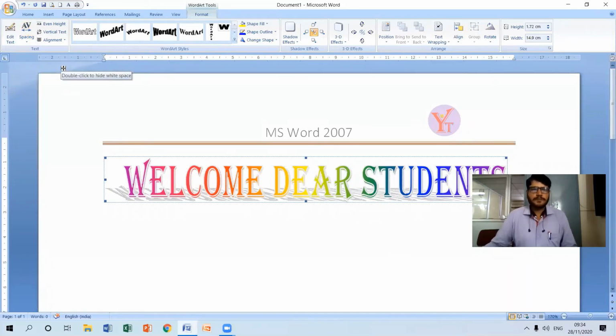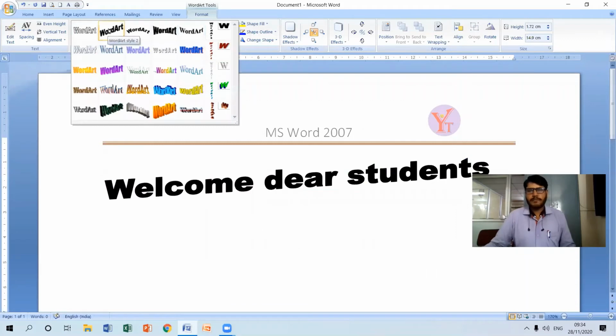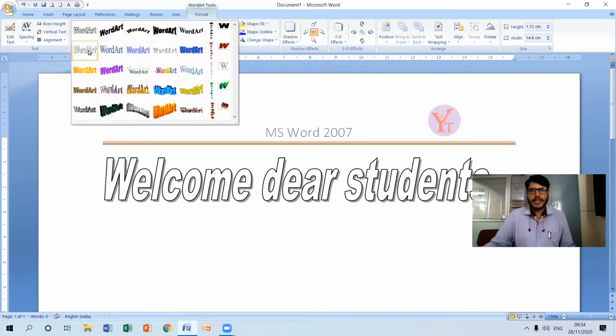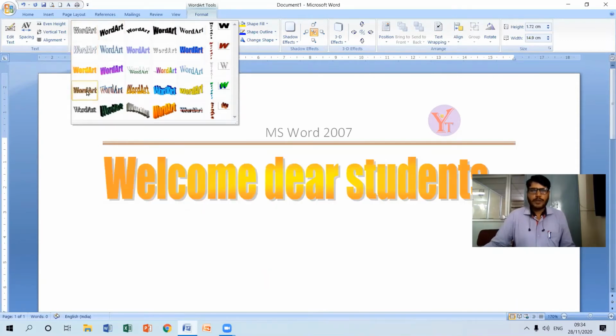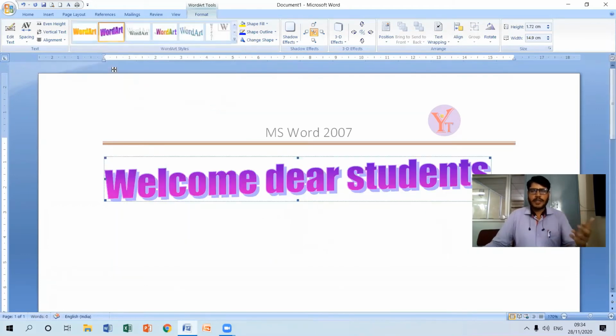Similarly, we can adjust the alignments by using the different alignment options like left align, center, right, word justify, like that. Okay. And also I can change this particular style by using a word art style. If I click more, and if I select this one, you can see the preview here. Normally it will apply that particular style. And if you want to retain that particular style, you can just click on that, so that it will apply that style for the word art graphics.